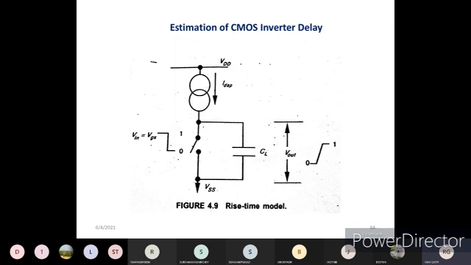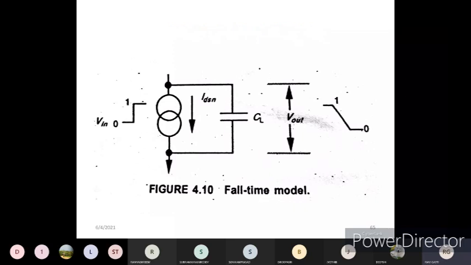See, the rise time we are going to calculate with the use of, that is, tau R is nothing but VDD into CL divided by beta into (VDD minus VTP) whole square. We are going to use this equation in order to calculate the rise time value. Similarly, we are going to use one more important model, that is nothing but the fall time model. So we are going to estimate the amount of time taken by the signal to reach from 1 to 0 by using the expression that is nothing but tau f. So the tau f,